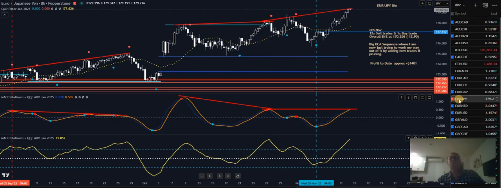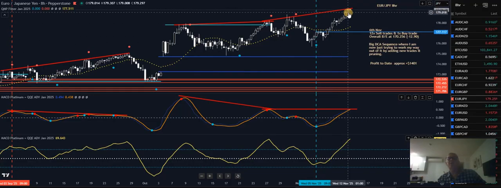Euro Yen, my problem pair. Look, it's going back for a long time. The last trade was this buy, but I've still got all these sells down here. I made plenty of errors. I've locked in some profit. You can see there, 1,000, what is it? 1,400. So I've got that profit in, but I'm losing a lot on the swap, the sell swap side. So I'm not taking any action on this buy until I have to, and hopefully it'll turn around and come down.